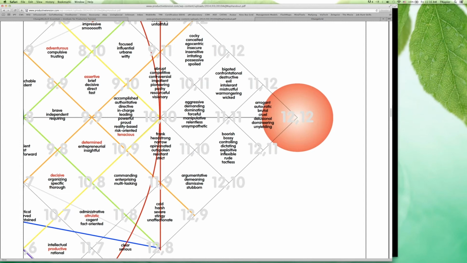So I don't know if those words apply. I hope they don't. Now, let's go back to the center here, 10/10. Let's look at what happens if Stephen is leaning a little bit on the in-grid side of things, a little bit towards amiable. In this particular case, the adjectives would be like accomplished, authoritative, directive, in charge, leading, powerful, proud, reality based, risk oriented, tenacious.